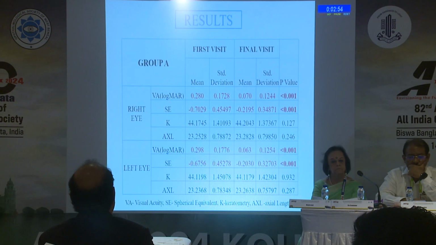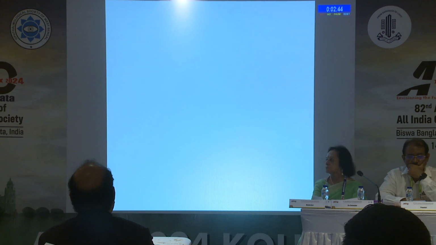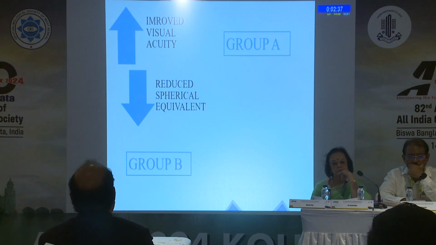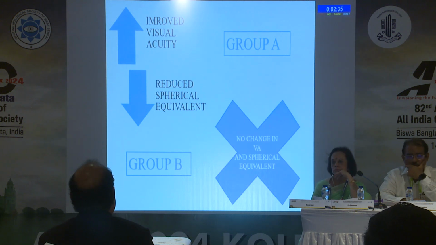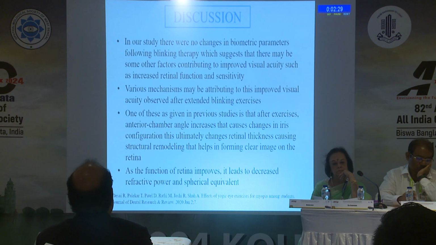There were no changes in keratometry or axial length values, and the changes in group A were found to be statistically significant. In group B, there were no significant changes noted. So here we have in group A an improved visual acuity and reduced spherical equivalent, and in group B no changes were seen. In our study, there were no changes in the biometric parameters following blinking therapy,